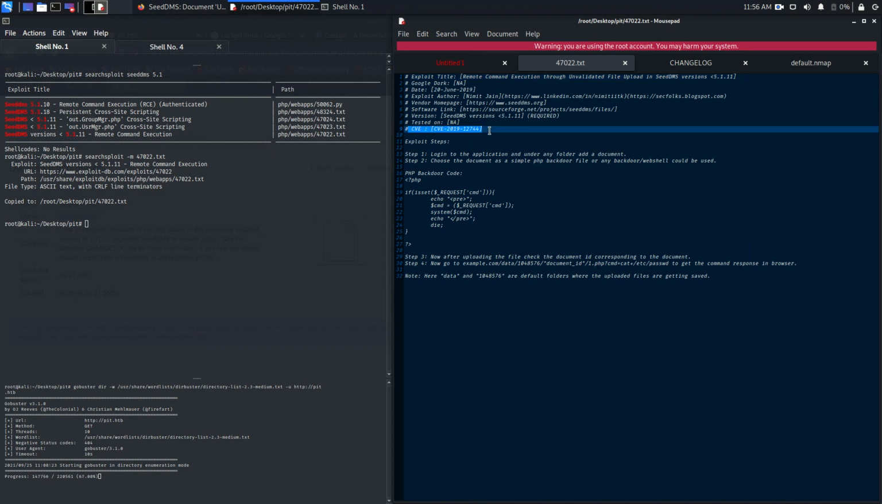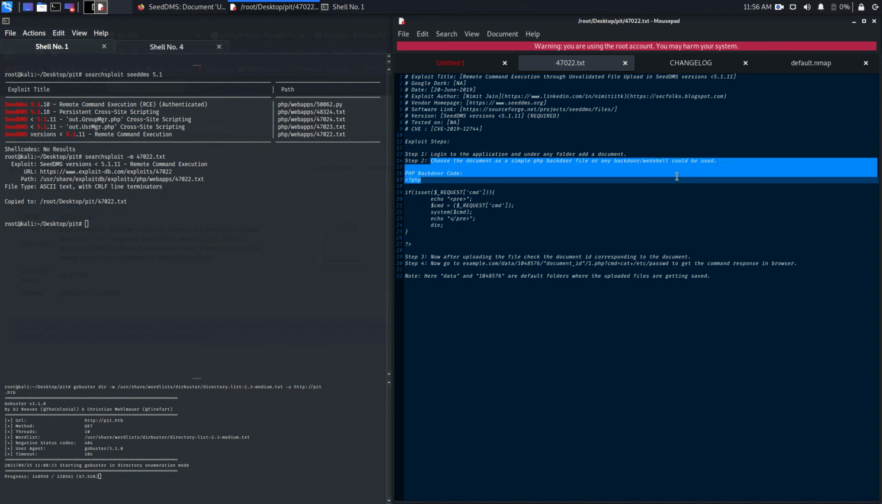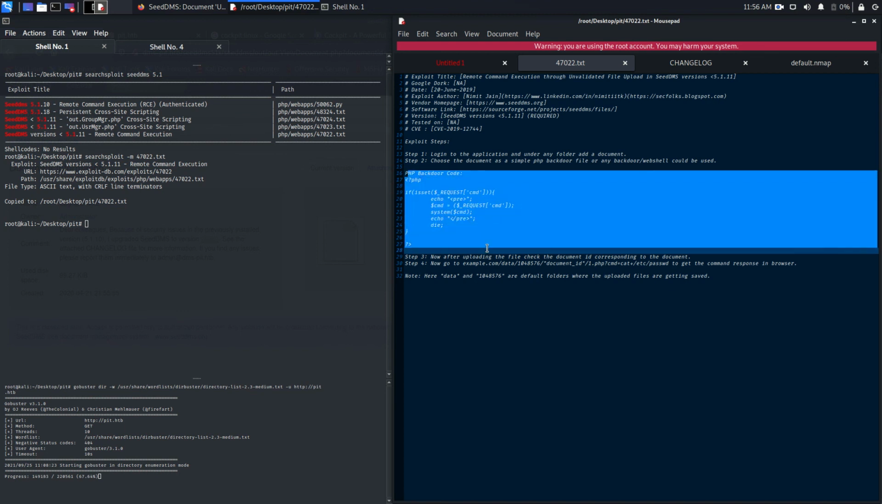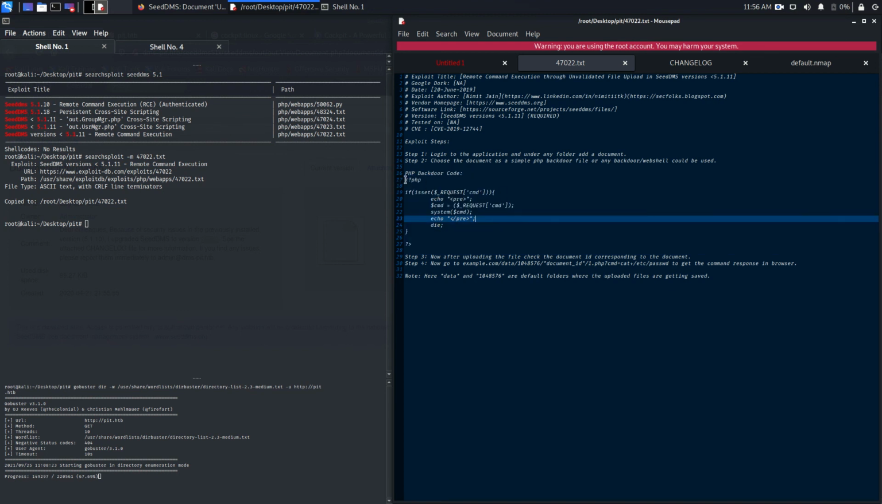This is the CVE. This is the vulnerability of 2019. Okay, so to exploit, what we need to do is log into the application, under any folder add a document, and choose the document as a simple PHP backdoor file, or any backdoor web shell could be used. So we can use this PHP code. Okay, and after uploading that,